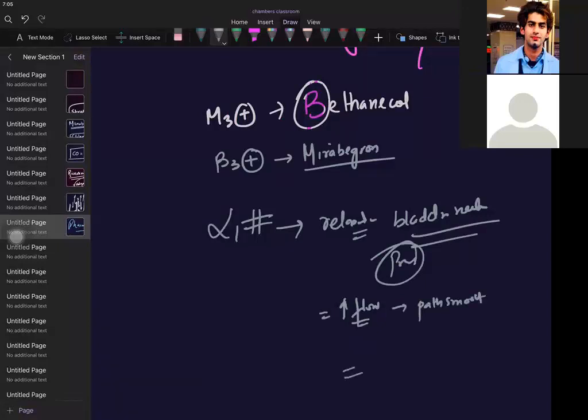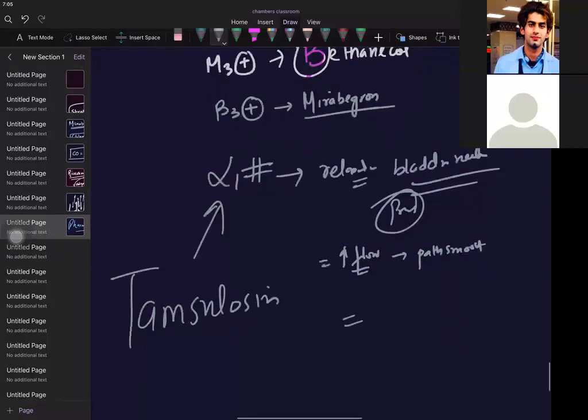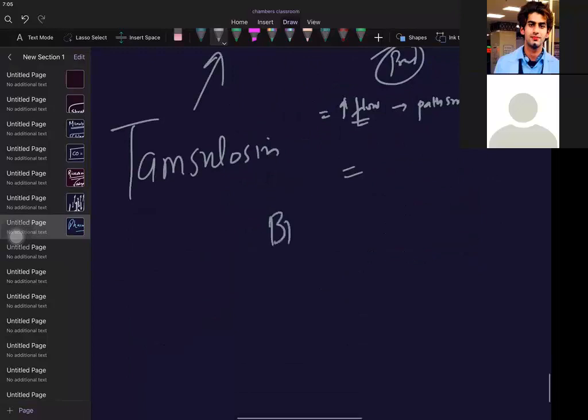This is the drug which you are using, an alpha blocker, that is tamsulosin. That's why I told you to remember tamsulosin. In patients of benign prostate hyperplasia, tamsulosin is the drug we give. This is all of bladder pharmacology that you need in your entrance exam.